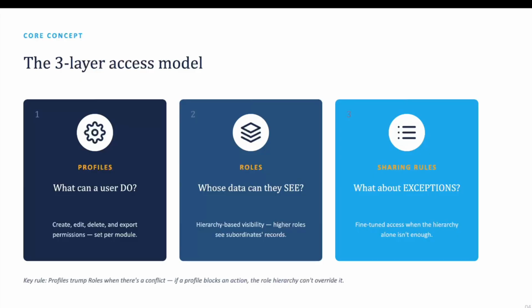In roles you can see the hierarchy-based visibility: the higher roles see subordinates' records. In sharing rules, you can fine-tune access when the hierarchy alone isn't enough. In sharing rules, you can see what data should be shared with which role, with which user. This is how sharing rules work.